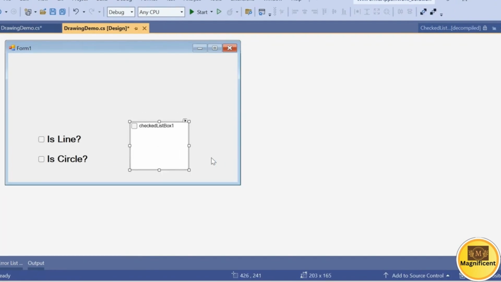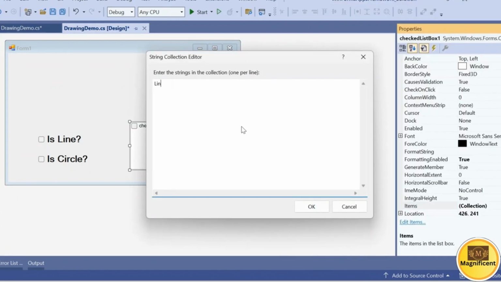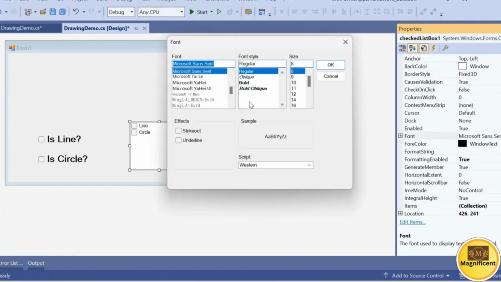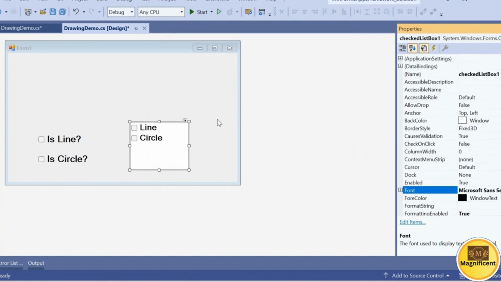For this checklist box, change the properties. First of all, add the items into the checklist box: line, circle. Next, you can change the font properties and the items properties from here. So I changed the font details here. Then for this checklist box, you can change the name to chk